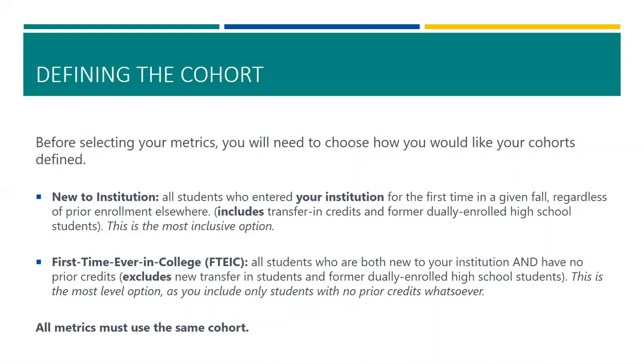So if you're looking at an outcome like coursework completed within a year, everybody's starting from 0, as opposed to new to institution, but not necessarily new to college, where you'd have some students with credits and some who don't have credits. We're asking that for all of the metrics that you're sharing, you're using the same cohort throughout. So that's why you see there's a front start here page on the template. We ask you to make the selection there, and then you will be reminded of your selection for all of the subsequent tabs of the template.